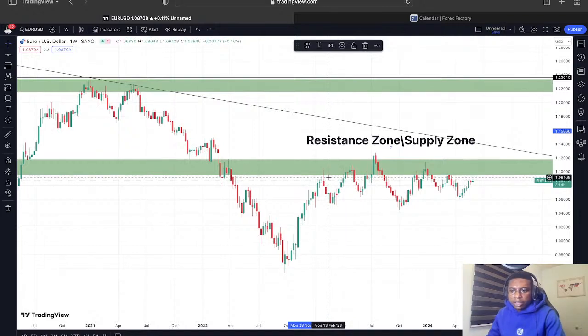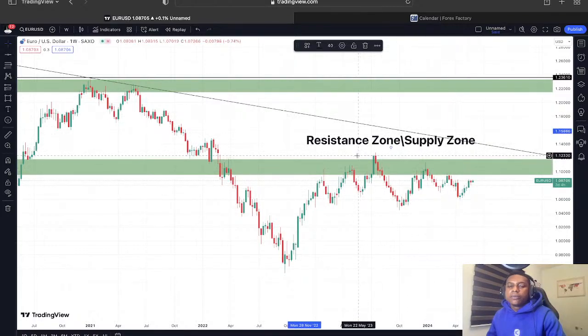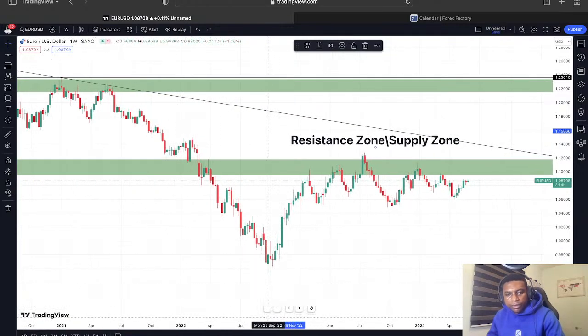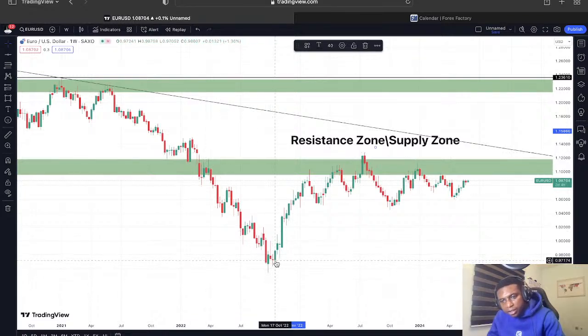Yeah, it's good that we check out activities of this supply zone because this supply zone is very significant until it's broken. And when it breaks, it becomes a strong and significant support zone. But currently it has not been broken, so we can see that market came down to 0.96 here and pushed